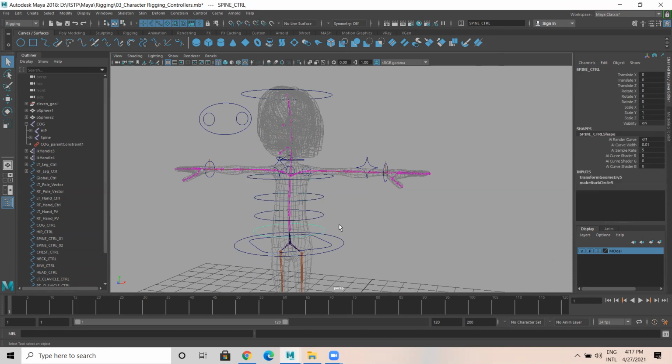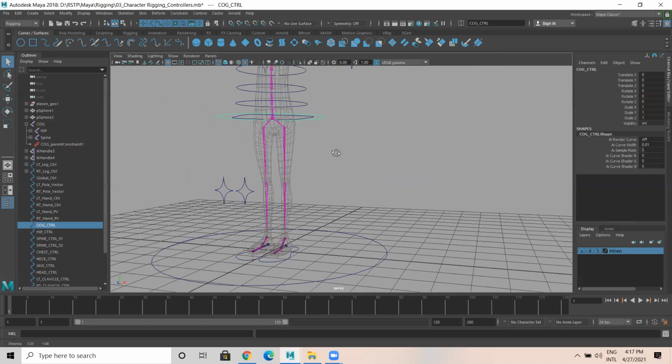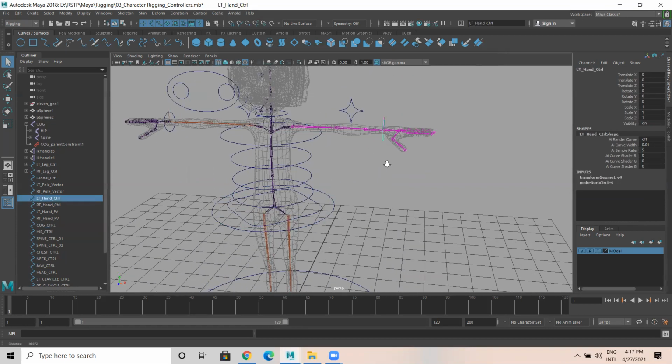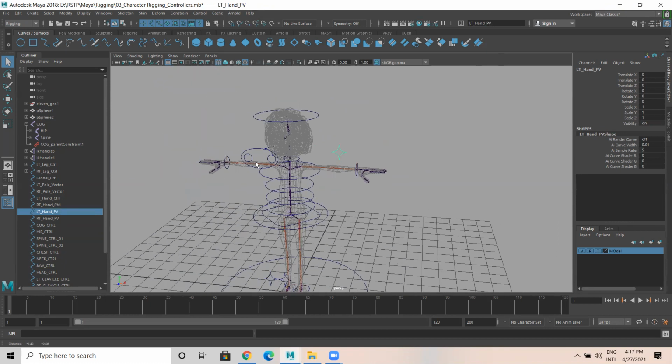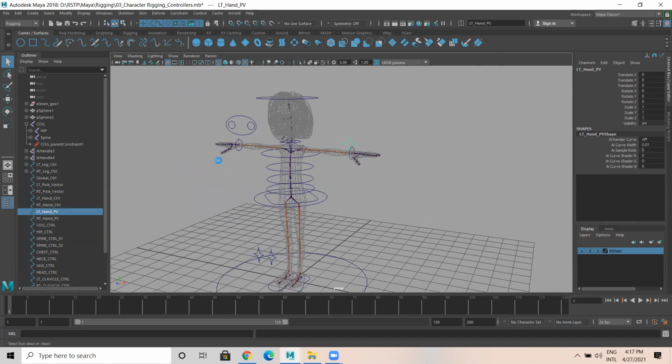This is orient, this is orient, whereas this is orient for the hip joint, whereas this is parent constraint. Okay. Whereas hand and leg part I have explained in detail separately. Hand and hand controller IK handle is point constraint. Hand control and the joint is orient constraint. Whereas these two are pole vector.